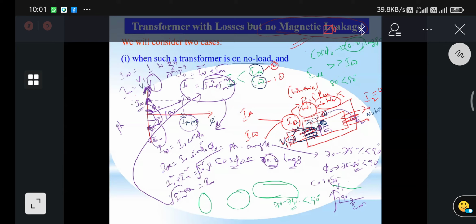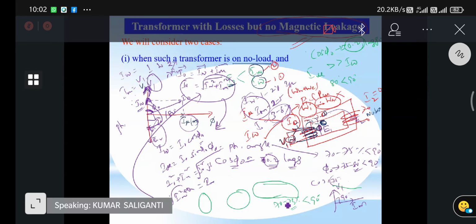So here the working component current will be 1 to 2% of full load current, and similarly the magnetizing component current will be 3 to 5% of full load current. So finally you can get I naught, which is 3 to 8% of full load current, the combination of working and magnetizing components. After getting this, we can draw the equivalent circuit of the transformer under load condition.